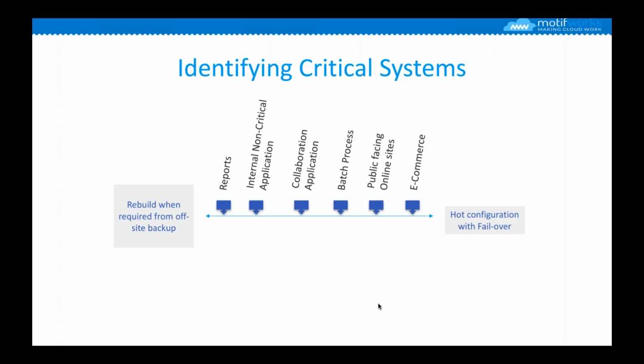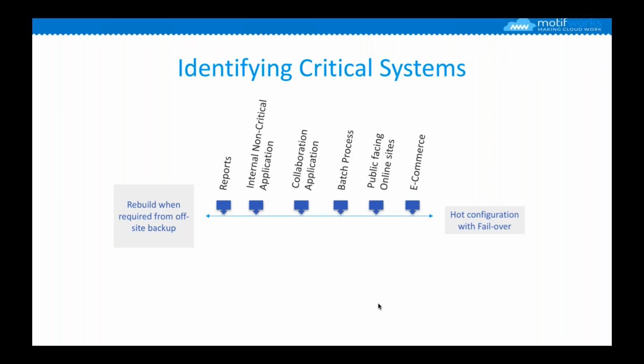Let me step back here a little bit. When you start thinking of disaster recovery and business continuity, the first step typically that you need to take, and which is imperative, is to perform an assessment. You cannot just bypass that. You have to perform an assessment on your application portfolio.